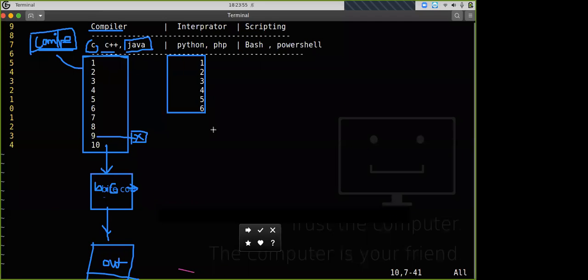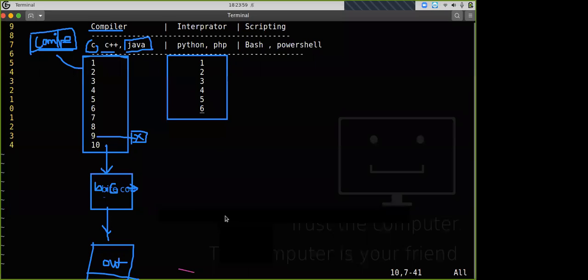What is the main difference when we discuss the compiler and the interpreter? When you execute this code, it will execute line by line. First it will compile the first line and run the first line. After that, it will take the second line and execute the second line. So that's what you have to do. Now, if you get any error in the fourth line,